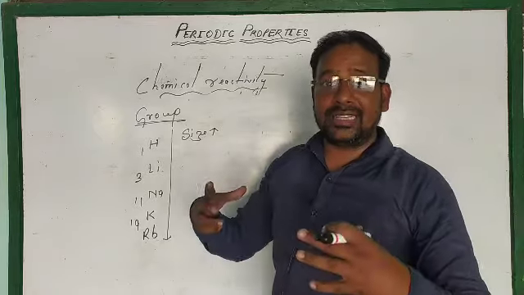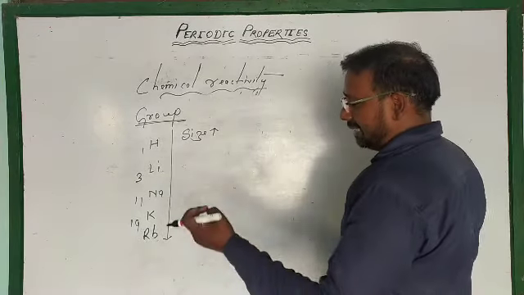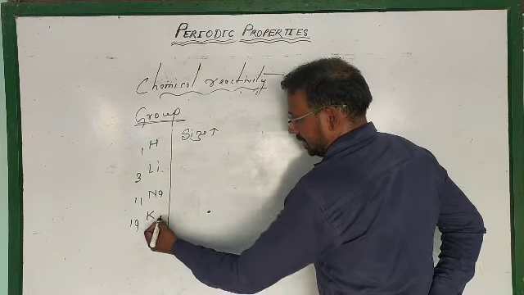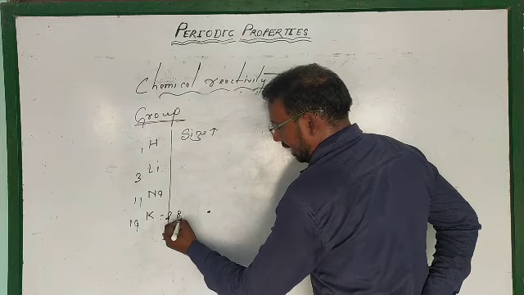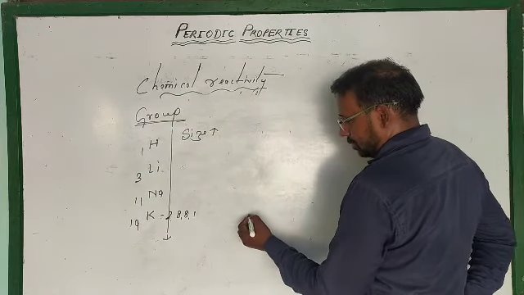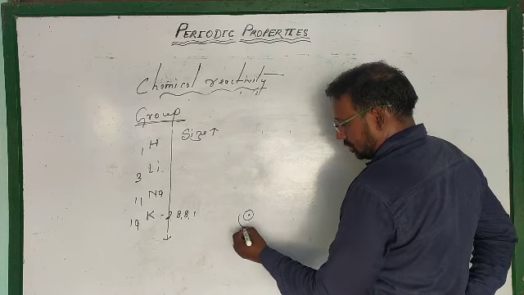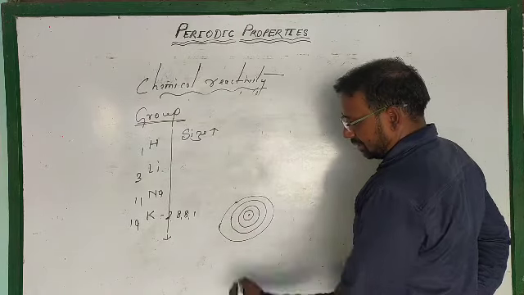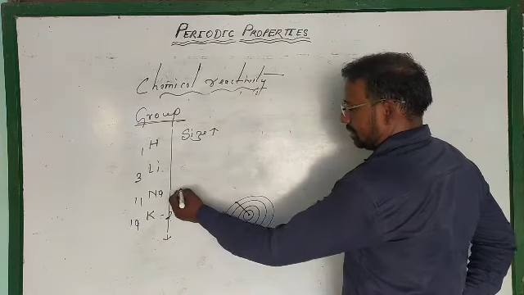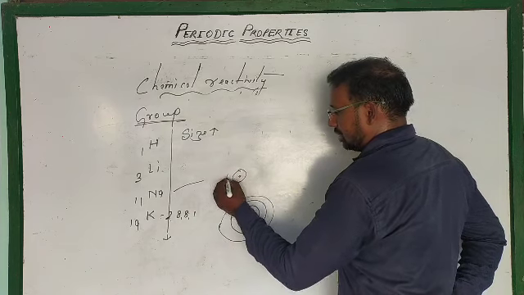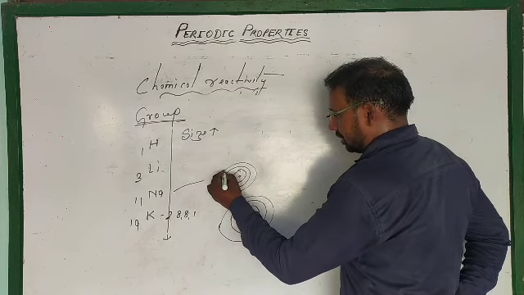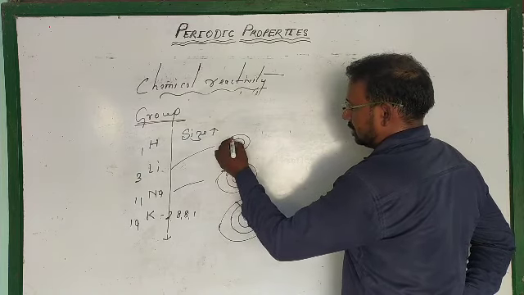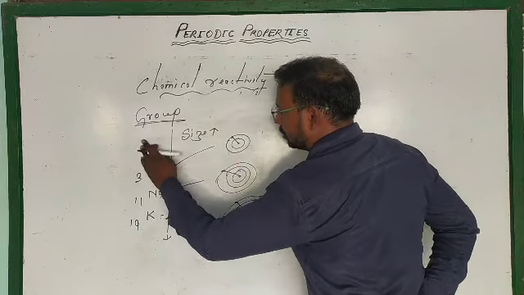and because of the increase in size, let me know, suppose in the case of potassium, its configuration will be 2, 8, 8, 1. In the case of potassium, there are 4 cells, and 1 electron is there in the valence cell, at a distance. In the case of sodium, 1st cell, 2nd cell, 3rd cell, it has 1 electron in the outer cell. In the case of lithium, 1st cell, 2nd cell, it has 1 electron. I am not talking about hydrogen.